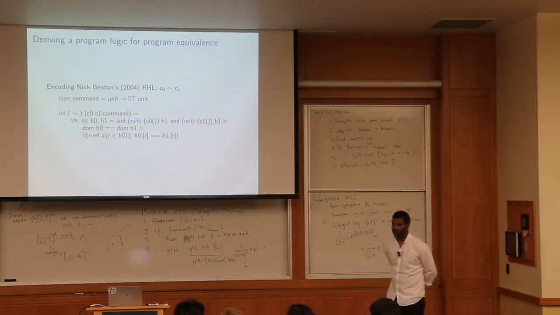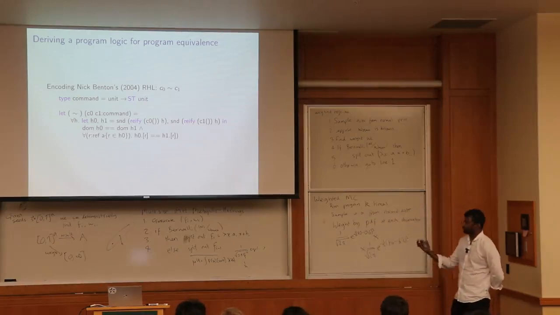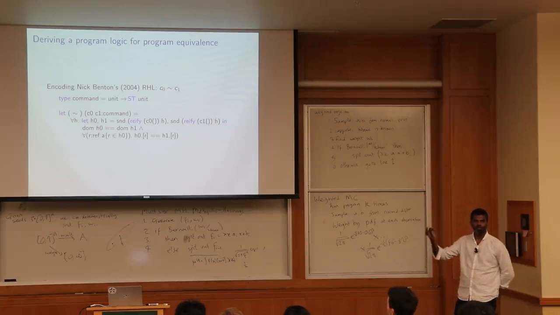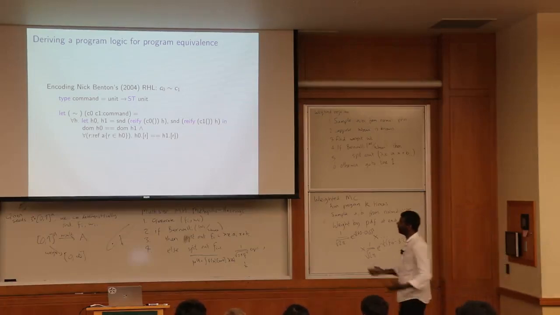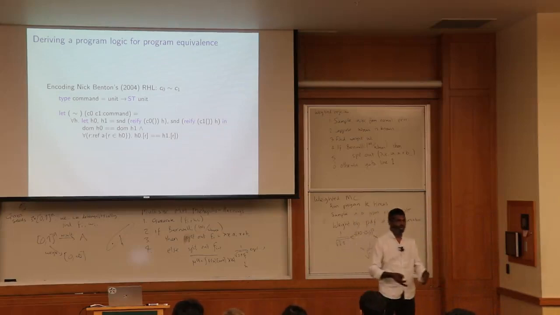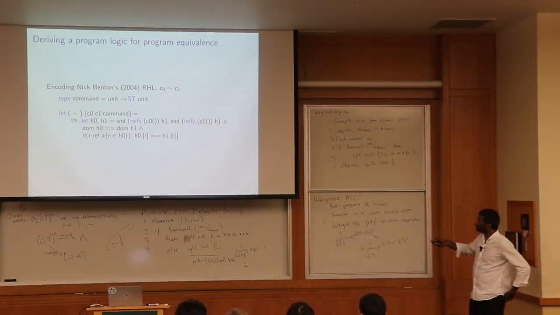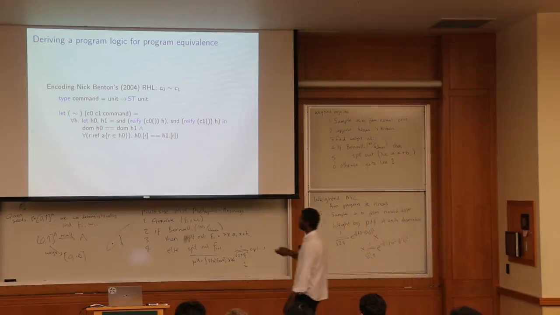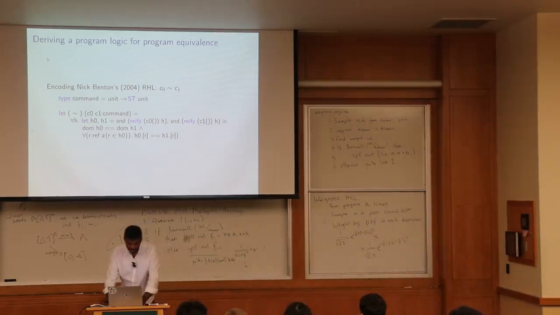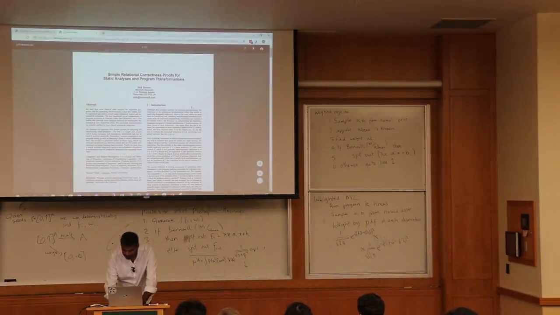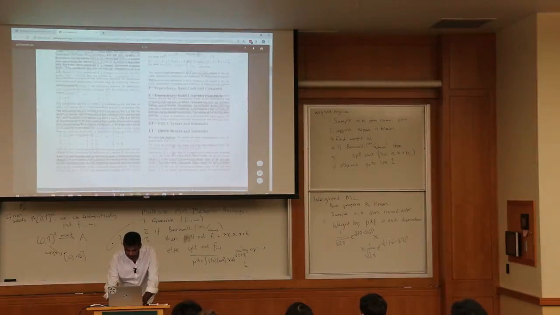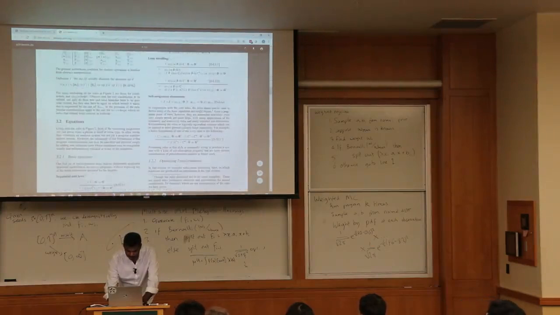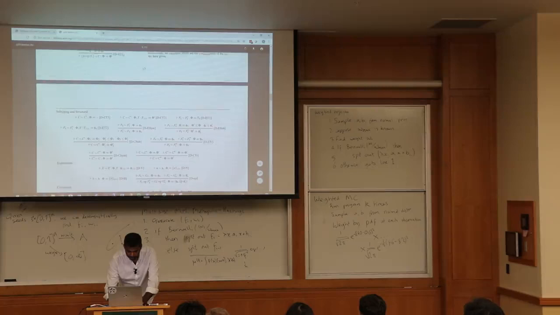Right. So now, I showed you an example of this style of proof on just these loops, but using this general setup, I can actually define a program logic for relations within F star. So I'm going to show you how to encode, or sketch how to encode, Nick's paper. Nick's paper, which I have up here, is, like I said, really nice. Essentially, he